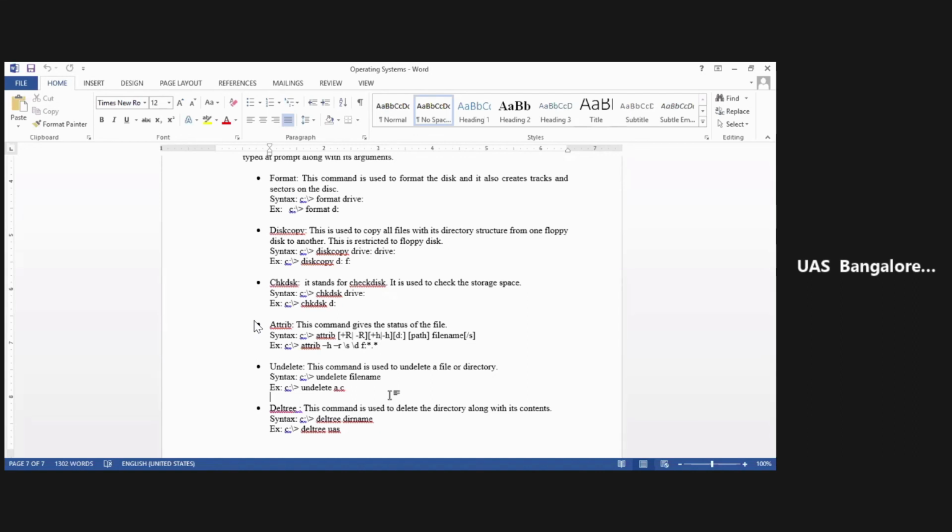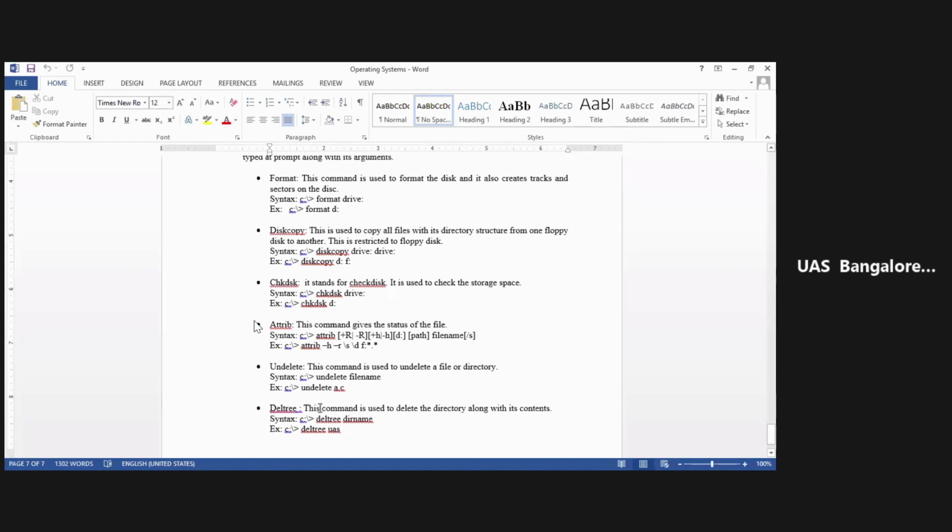Similarly, if you have deleted something by mistake and want to retain it, you will use the undelete command. When you use this undelete command, in case you have deleted any file by mistake, you can retrieve that particular file.